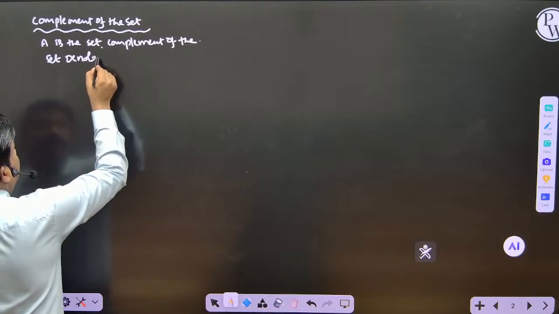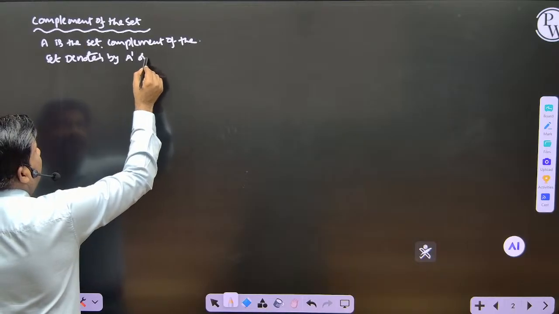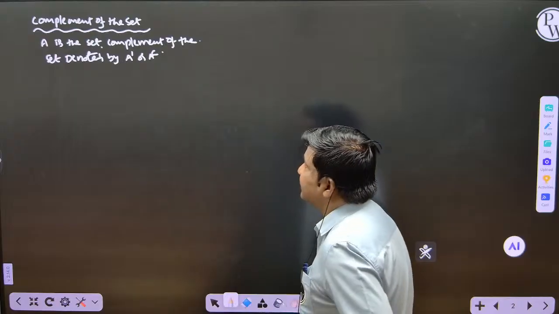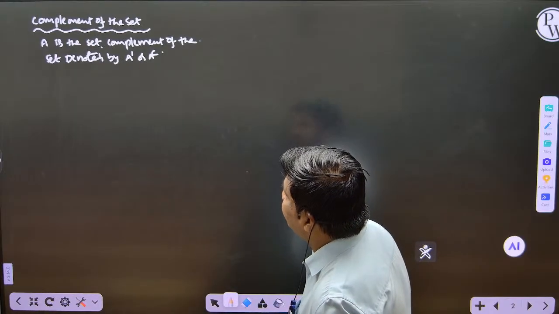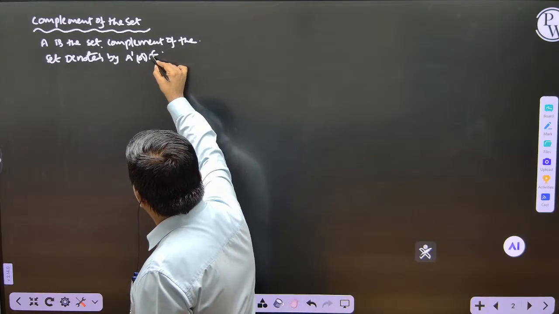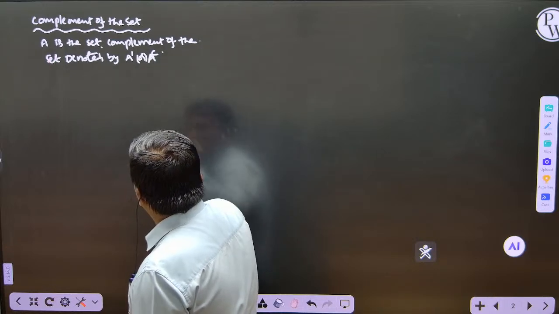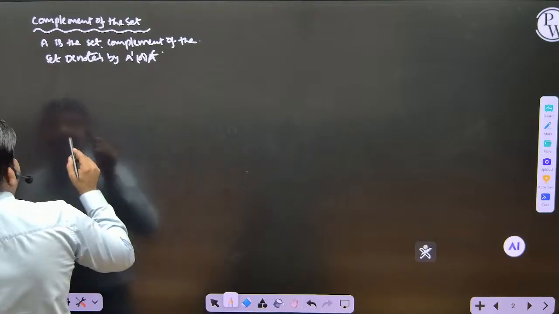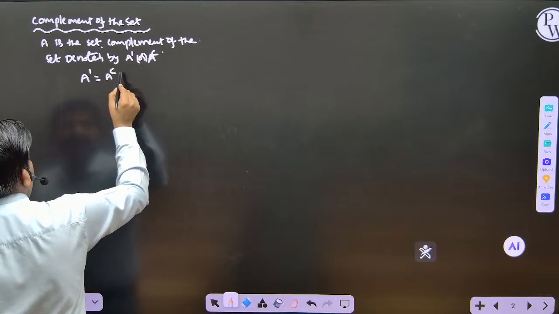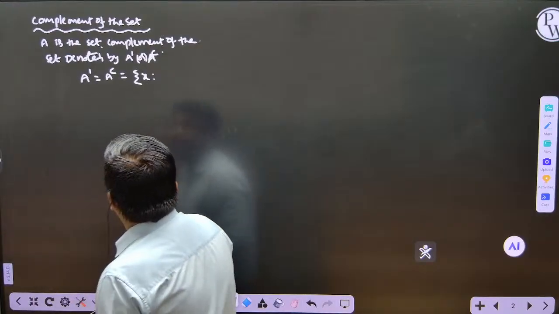The complement of the set is denoted by what? A complement, or like this one. A is the set, the complement of the set is denoted by A complement or A power C, you just write a C. It represents a complement. But what is the complement? A complement is the set consisting of the